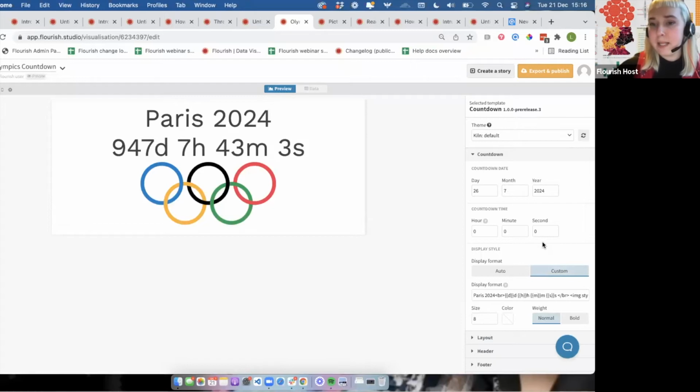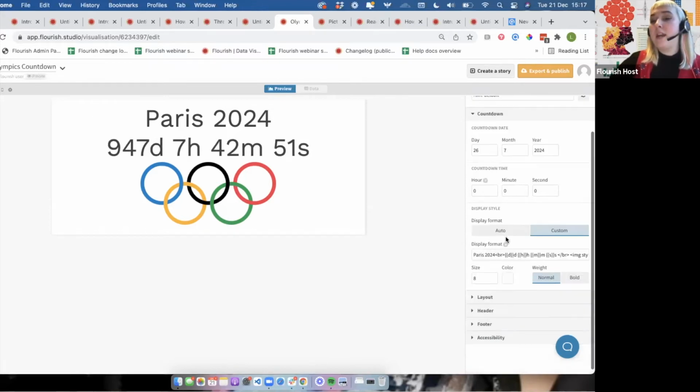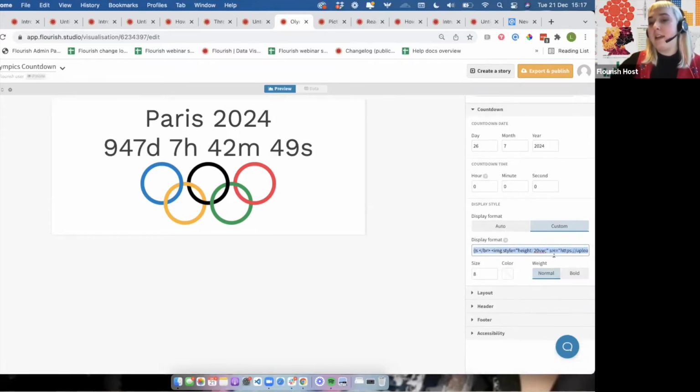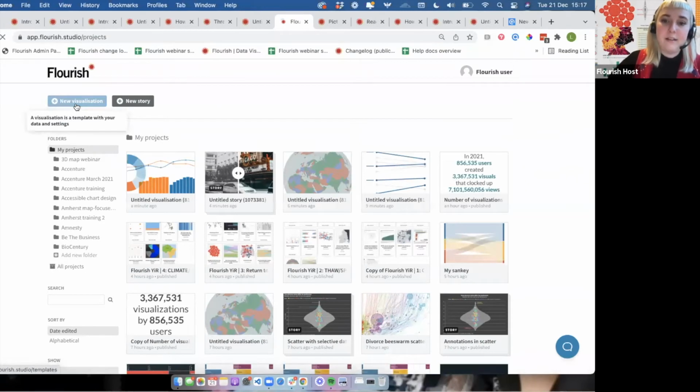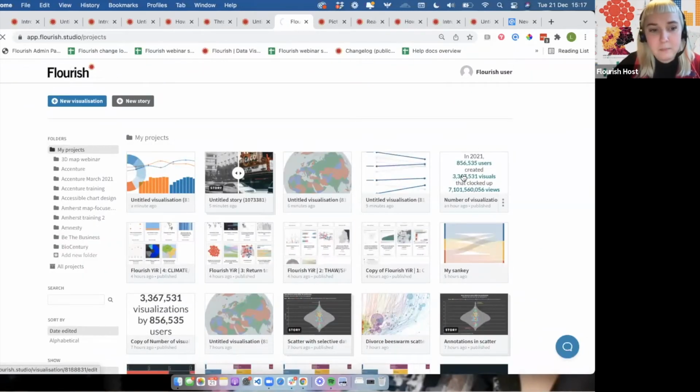Our countdown template looks like this. All you have to do is input a date, so a day, a month, and a year, or even a time. You can configure it as far down to the second. And then you can add in your image if you'd like, if you select custom display style. And our number ticker is just as easy. I actually have an example here in my profile